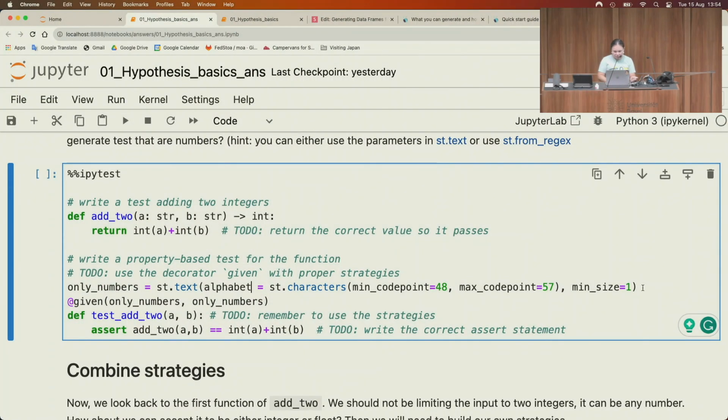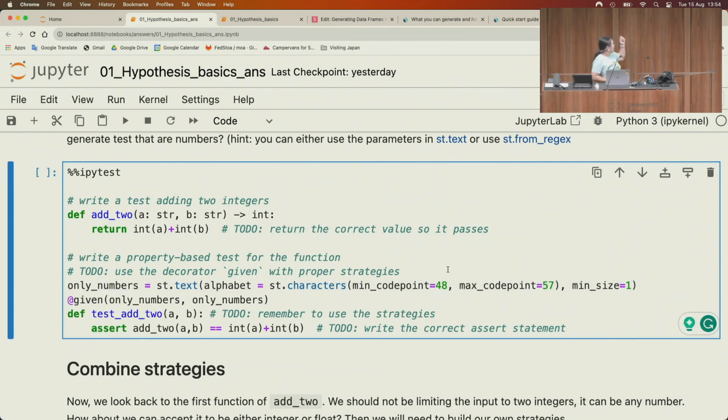I'm not going to type this, because I will probably make a lot of mistakes typing it, so I'll just show you. What you can do with text is control what gets generated from it. Text actually has a parameter called alphabet. The alphabet takes a character strategy, so I put an st.characters there, and then you can control what character strategy it will be. For example, if I put code point 48 to code point 57,